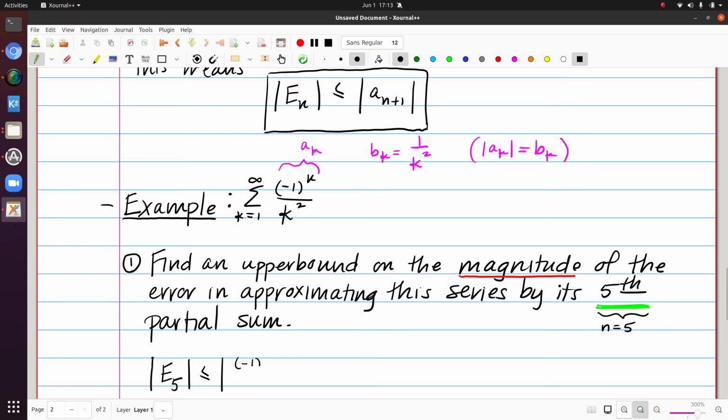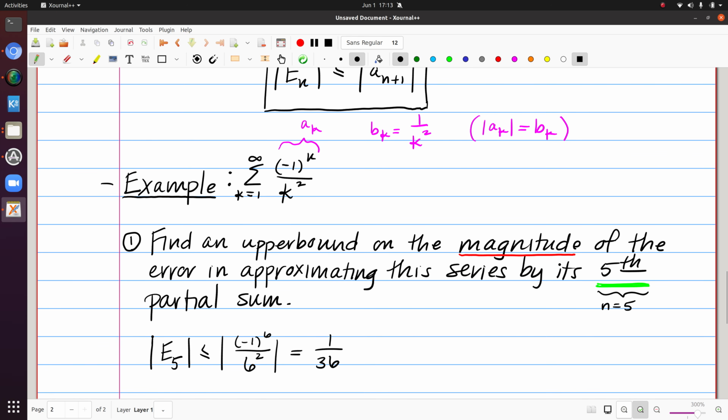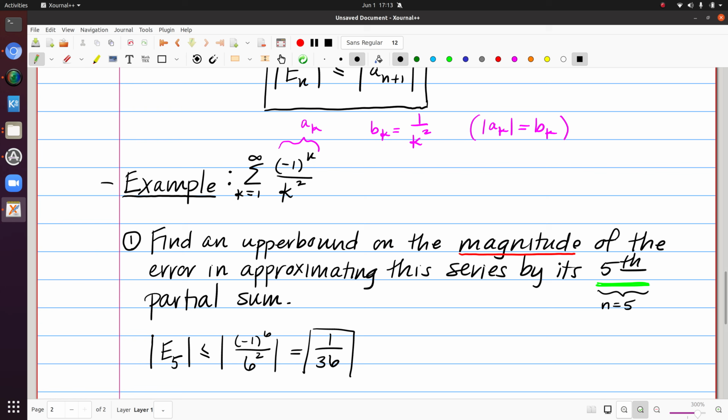So I replace k with 6. And of course, the negative 1 to the k part is insignificant because we're taking the absolute value. But 6 squared is 36, so I get 1 over 36. This is just telling me how large in size the error could be at most,